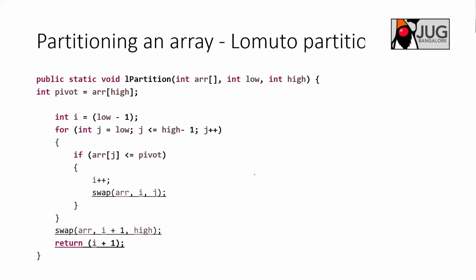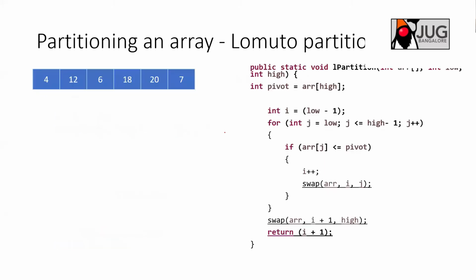Now, if I explain this algorithm first, it will be difficult for you to understand. So let's consider an example: given an unsorted array, and given 7 as a pivot. What you need to do is place this 7 at the right place. You need to partition the array in such a way that the left side has the elements smaller than the pivot element, and the right side of the array has the greater elements compared to the pivot.